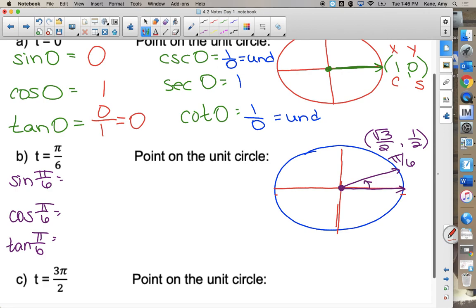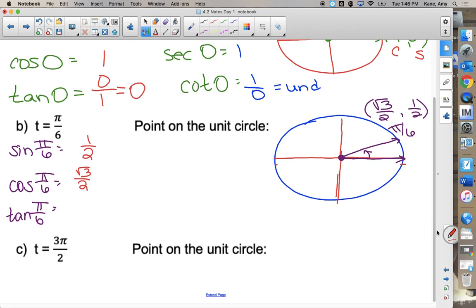So Maya, the sine of pi over 6 is 1 half. It's y. Cosine. How do you find tangent? Perfect. So take 1 half, y divided by x, square root of 3 over 2, and then simplify. So what happens to simplify? Perfect. So 2's cancel. We end up with 1 over the square root of 3. Multiply top and bottom by square root of 3, and we end up with the square root of 3 over